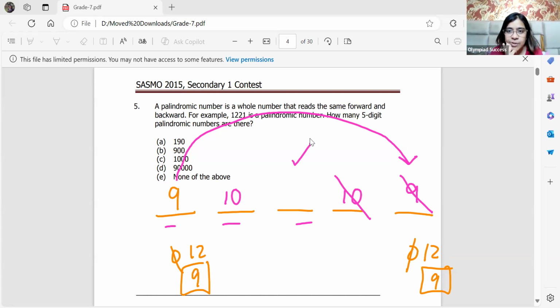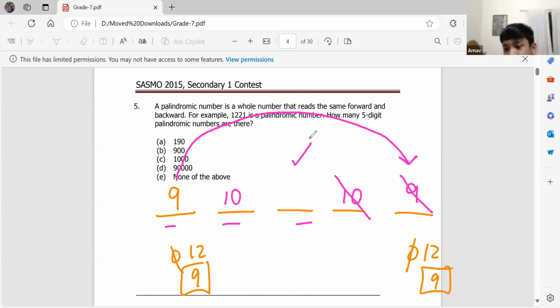How many digits are possible here? I have a confusion. Look, I can put a 0 here. I can put a 1. I can put a 2. And like that, I can put all the numbers up till 9. So how many numbers are coming up in the middle? 9, right?